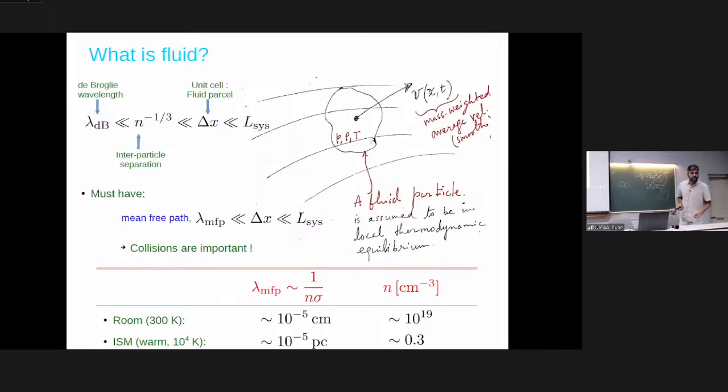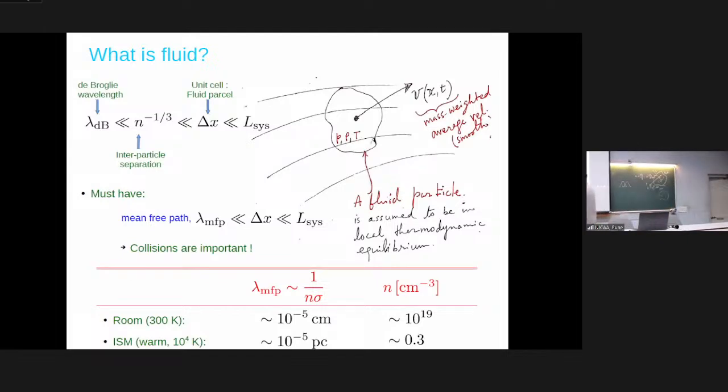I think we define the unit cell ourselves, so can't we just define it in a way that all those things are satisfied? We take it to be so big that it's bigger than the interparticle separation, but smaller than the system size. Yeah, but suppose your system is this big. The mean free path comes with its own definition. Now you work out your cross section. Here n is the number density. The number density for a system is given to you, right? None of these numbers can you choose arbitrarily.